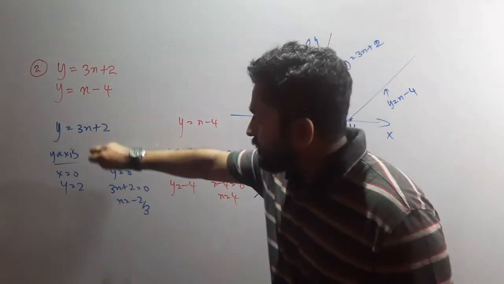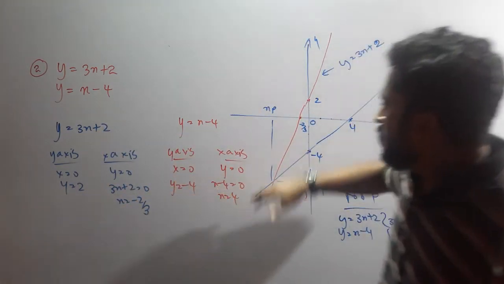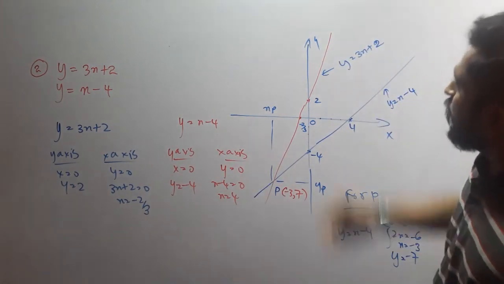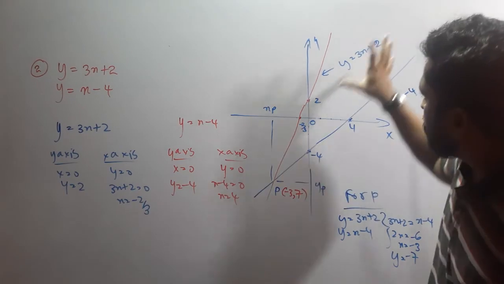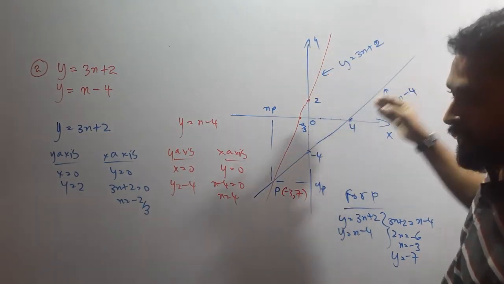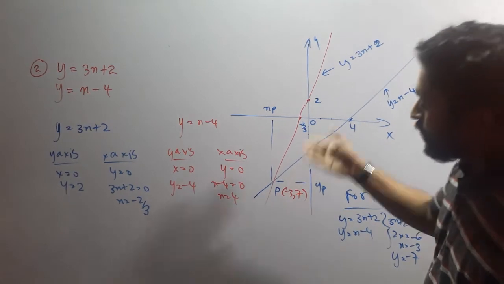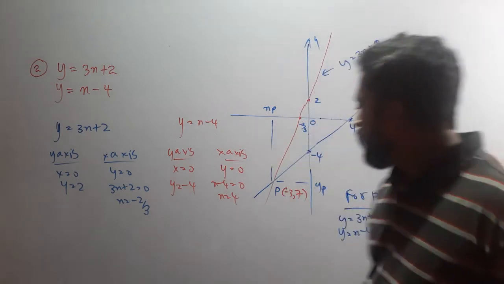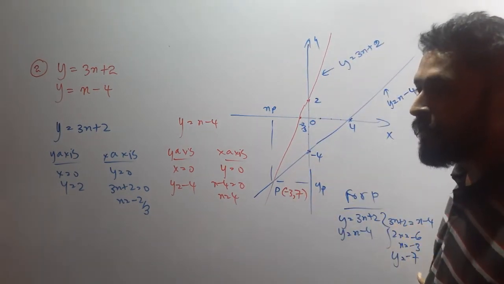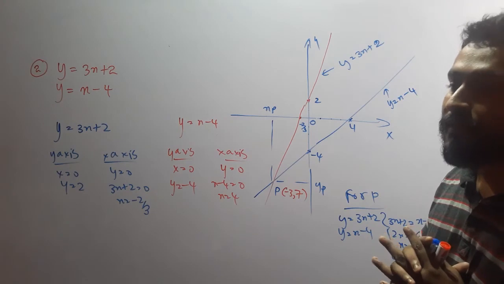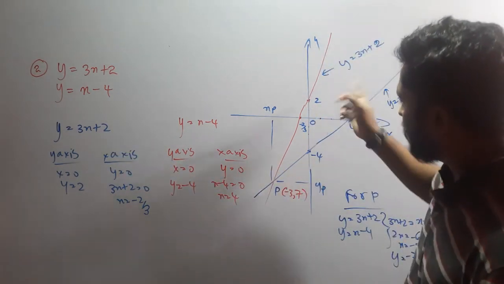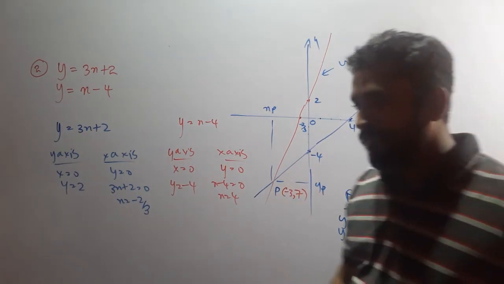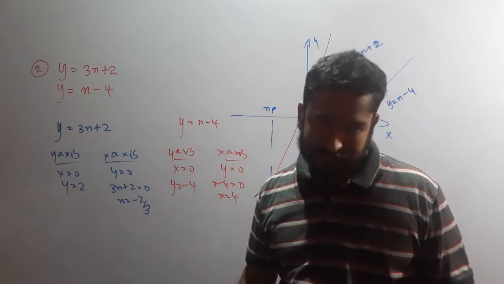It is like this for the data set: for naming the axis and origin. For one graph, naming the cutting points and naming the graph. For the other graph, naming the cutting points and naming the graph. For the cutting point, without it, no marks. And finding the cutting point for the final answer. That is how it is divided, like 5, 5, 5, 5, and 5, 10. Like that, you will score the marks for this. Got it?